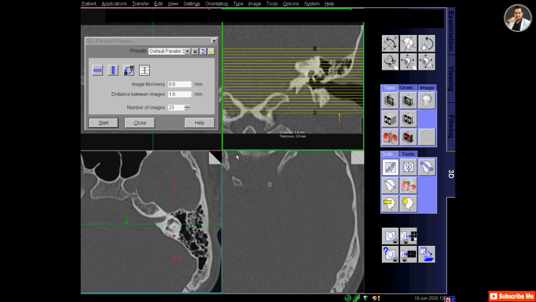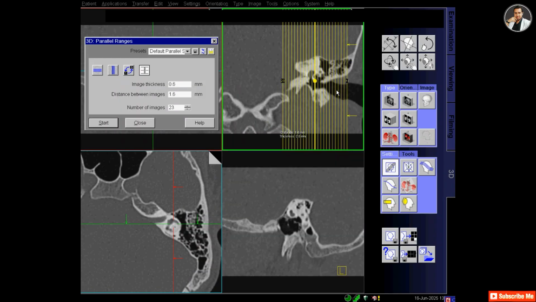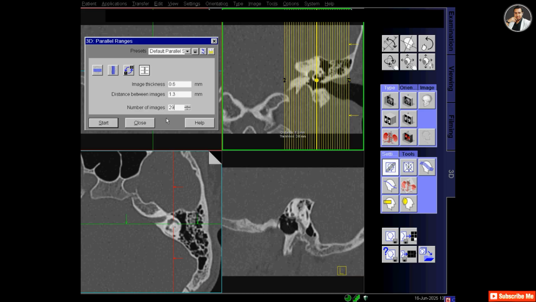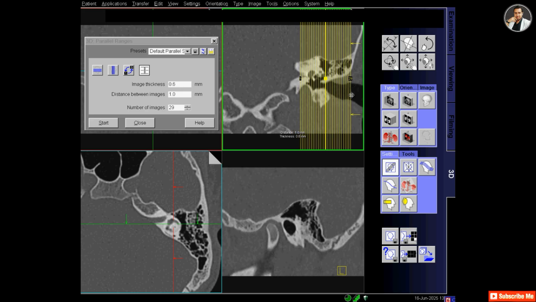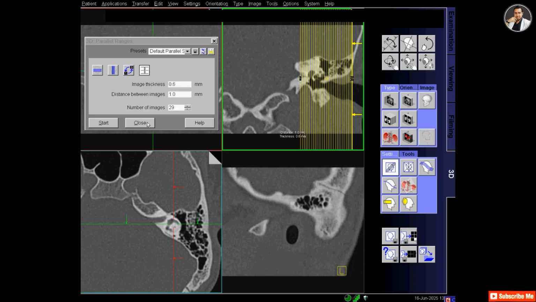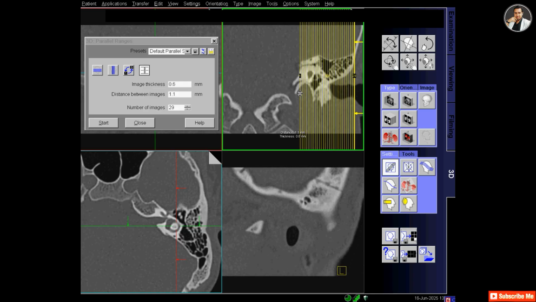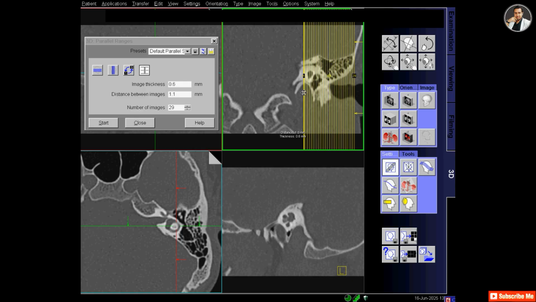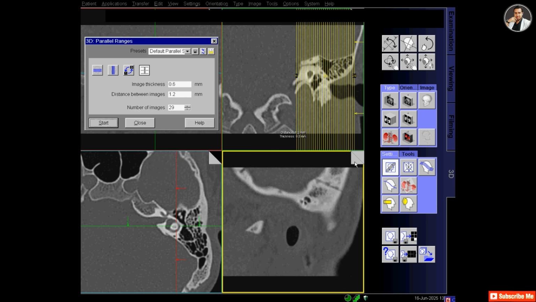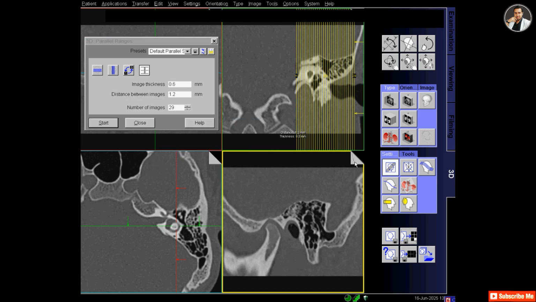Now make the sagittal images for the left ear. For this again plan on the coronal image, but this time the slice orientation is changed to sagittal, and then change the number of images to 29 and the distance between images is 1, and drag the last slice to the lateral side of the ear and include all the temporal bone portion from inside to outside, and click start. So 29 images have been created,